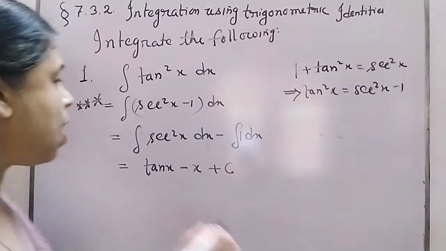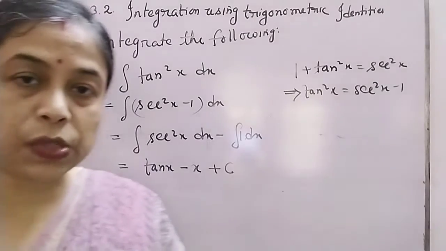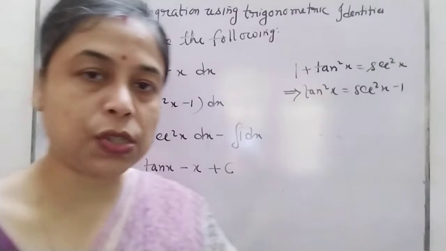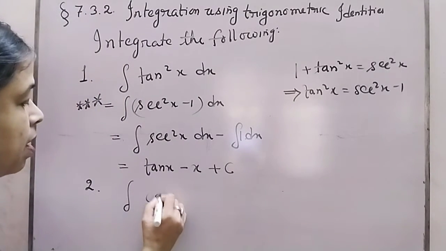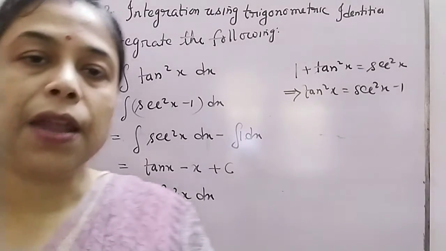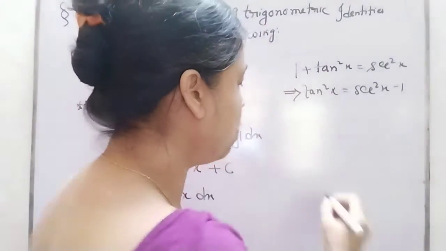Now again I am going to do the next derivation. You know the integration of cosec square x, and we have already discussed that sec square x is known to you, and tan square x. Then I am going to derive now the integration of cot square x dx. Now you see, try to convert cot in terms of cosec. You know the relation? What is the relation?